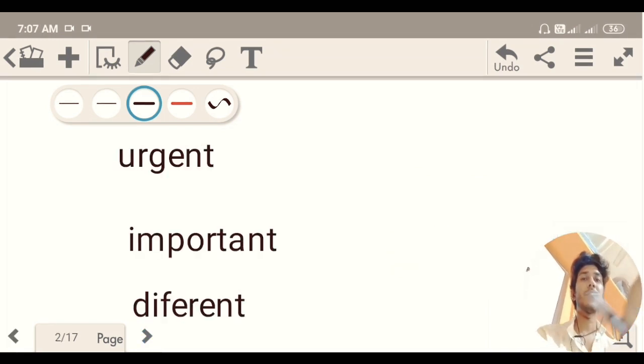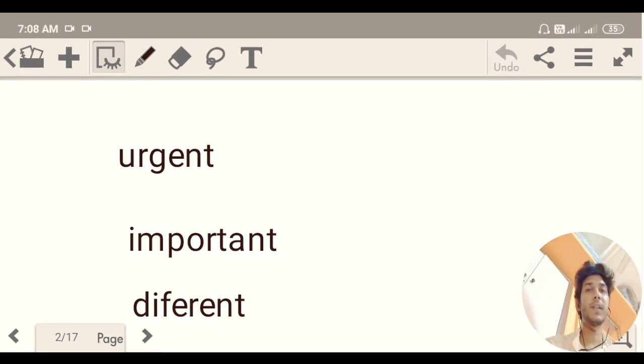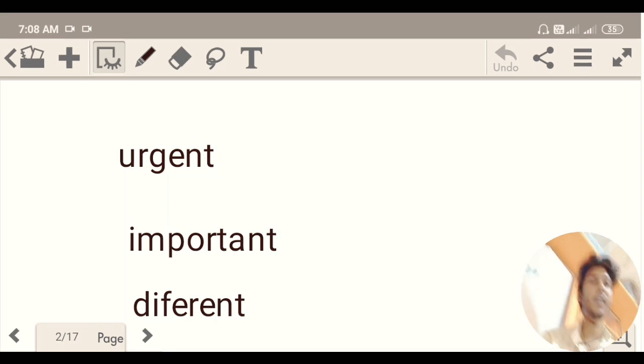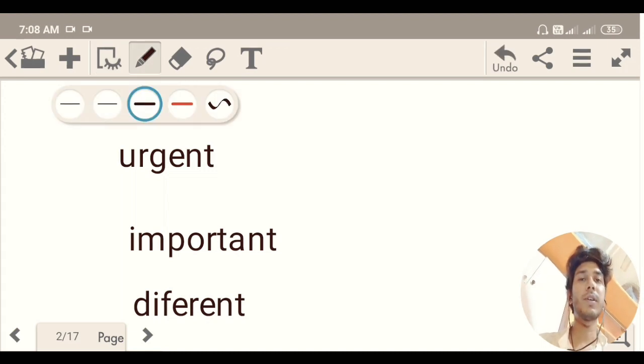Now there are many similar common words that I am going to dictate to you right now. These are words that are very similar in Spanish and English. You just have to add an extra e at the end and mold the pronunciation a bit, and you have that word in Spanish. The first word is "urgent". In Spanish that translates as urgente.